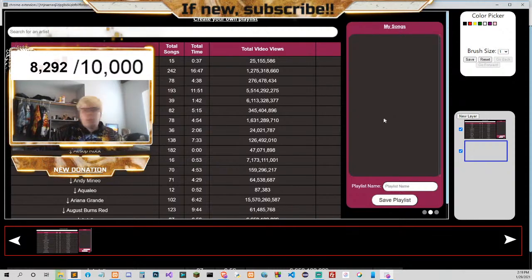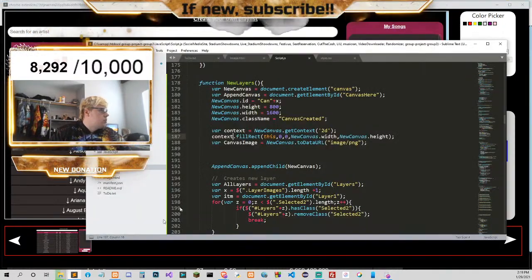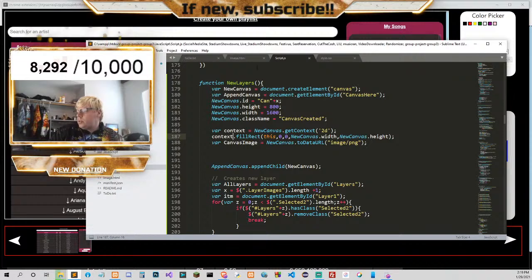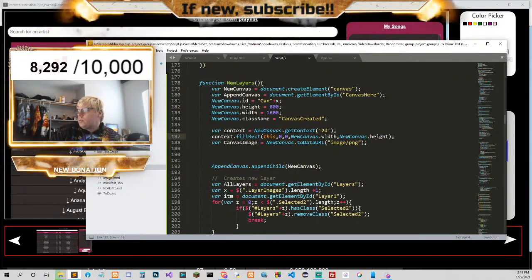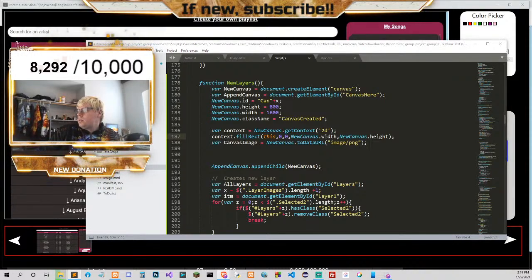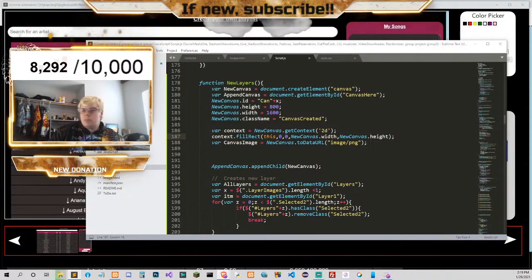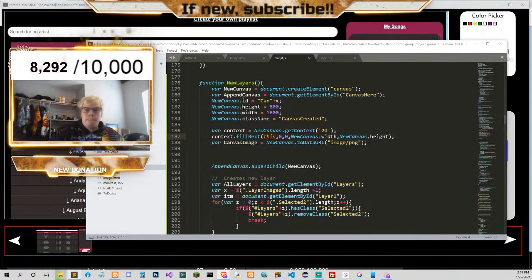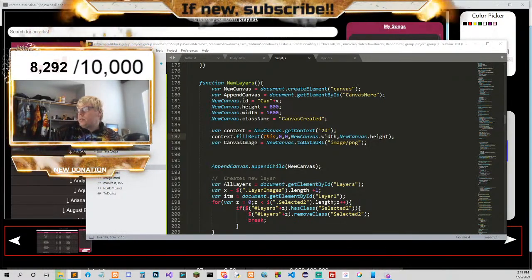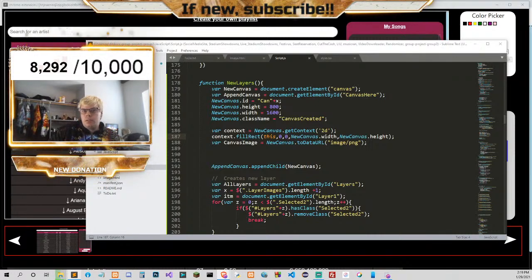I can't. I can't draw, and I think that's because it's not recognized. Cannot read properties of null getting context. Let me see why it's doing this.